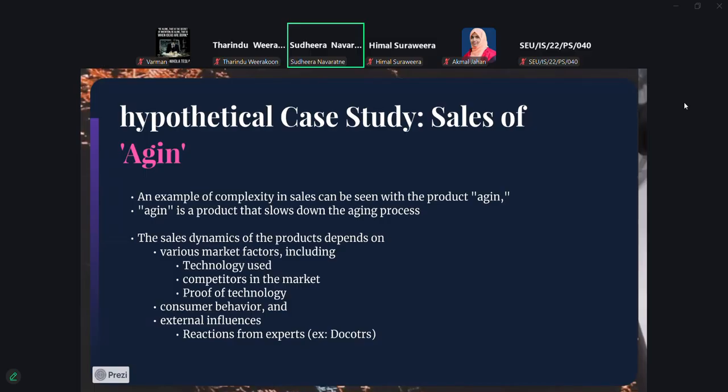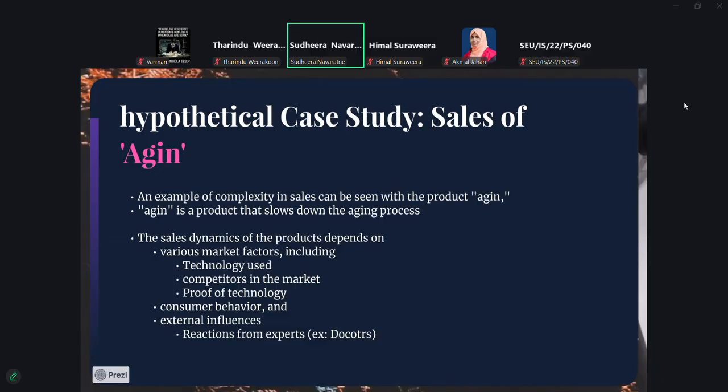When you think about the consumers, there are certain people who buy anything that comes new to the market just for testing, right? There are those kinds of people, and there are people that wait for a while and observe the behavior of the product in the market, how it affects the other users, and then they use it.